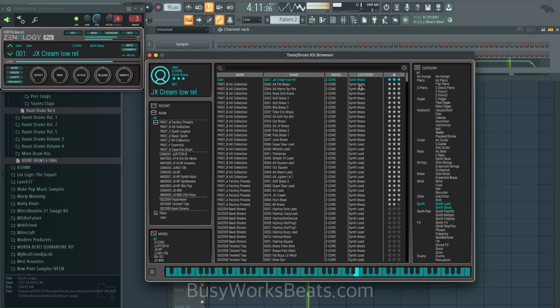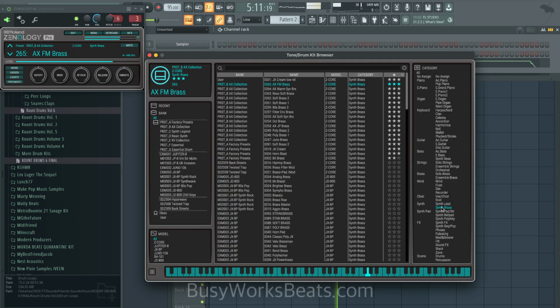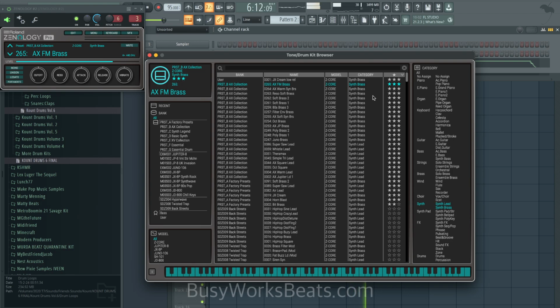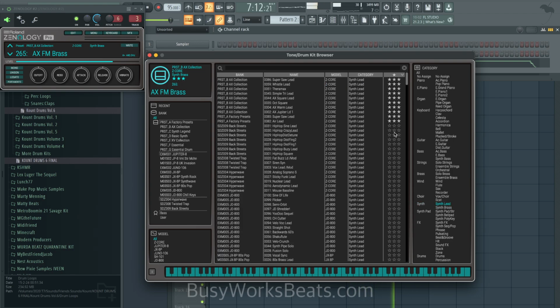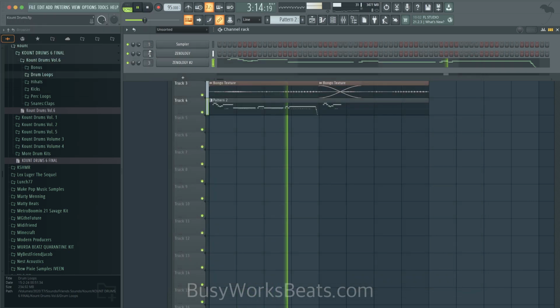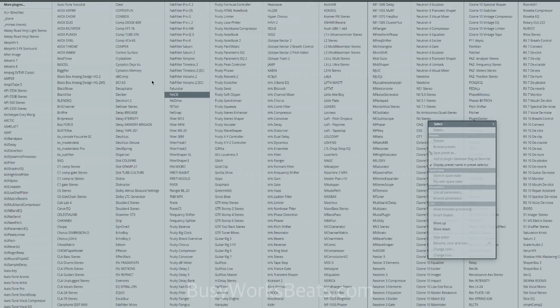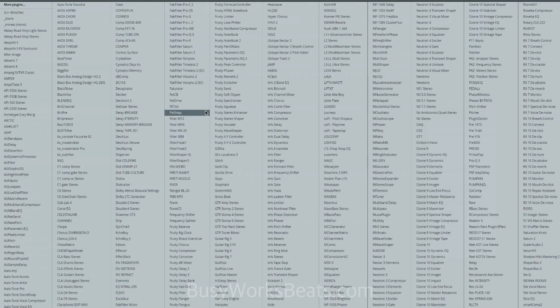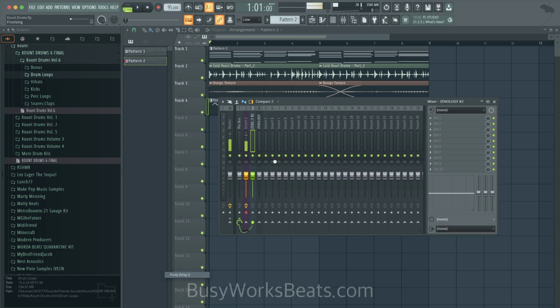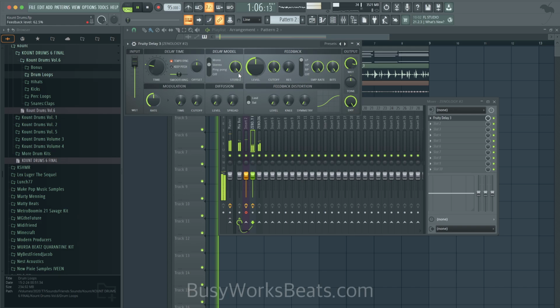Let's try different lead sounds. Didn't realize I had lead brass, that's why. Let's do lead. Here we go. Needs to be like dun, dun, dun. Just need some kind of delay on here. Now I don't feel like automating this, so either I leave it on all the way or I'm turning it off. There we go.